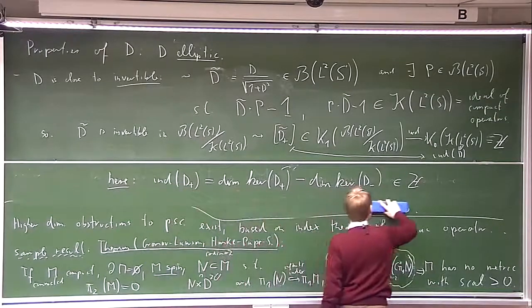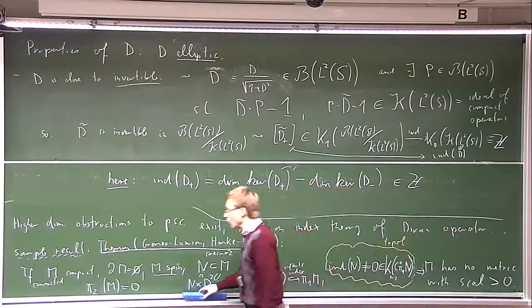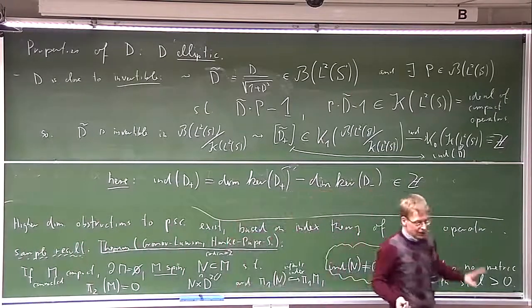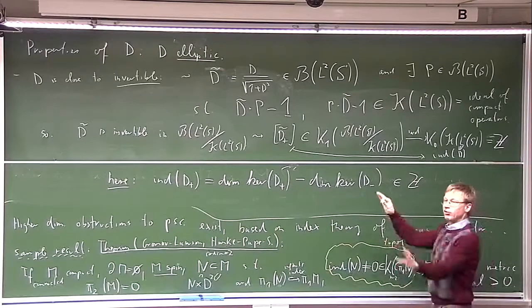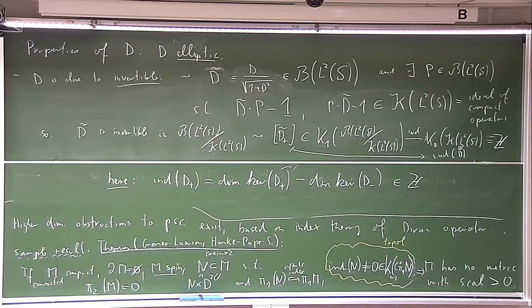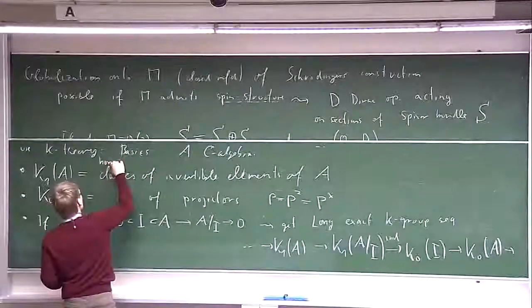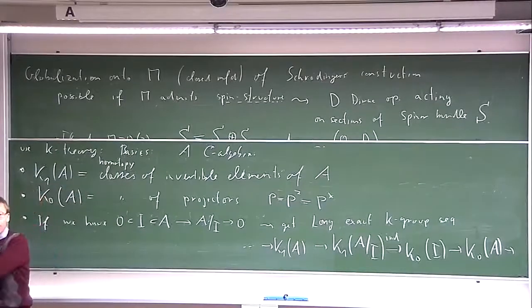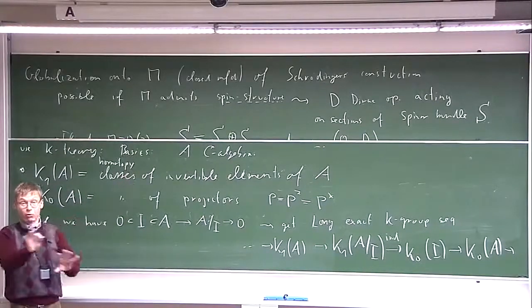So D plus now goes between different bundles, right? Yes, so you have to use the fact that all Hilbert spaces are the same, so you compose just with any unitary isometry between the L2 of the negative spinors and the positive spinors to have it as an endomorphism. Yes. But that doesn't hurt because the choices you make are contractible. So in the end, I should have maybe added here, if I say classes, this is really some kind of homotopy classes. So anything you can do by deformation will not change the constructions at all, which is very important.